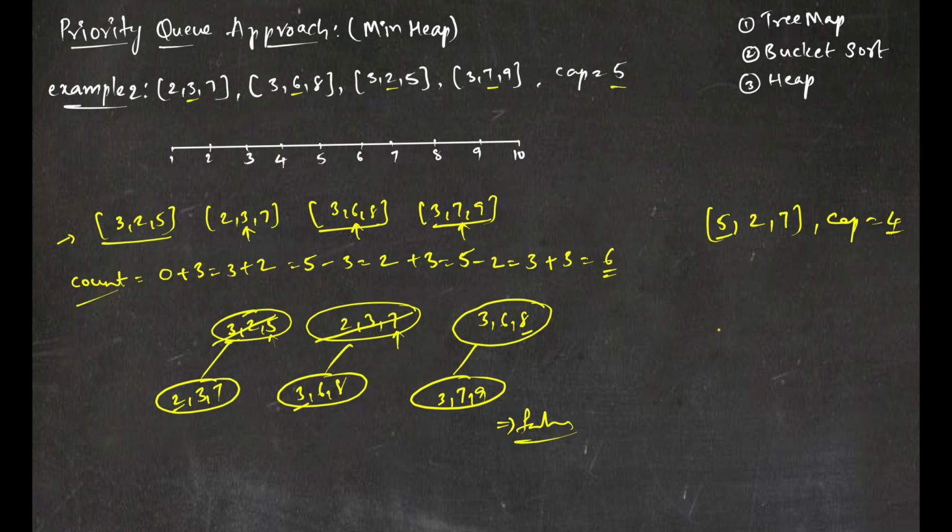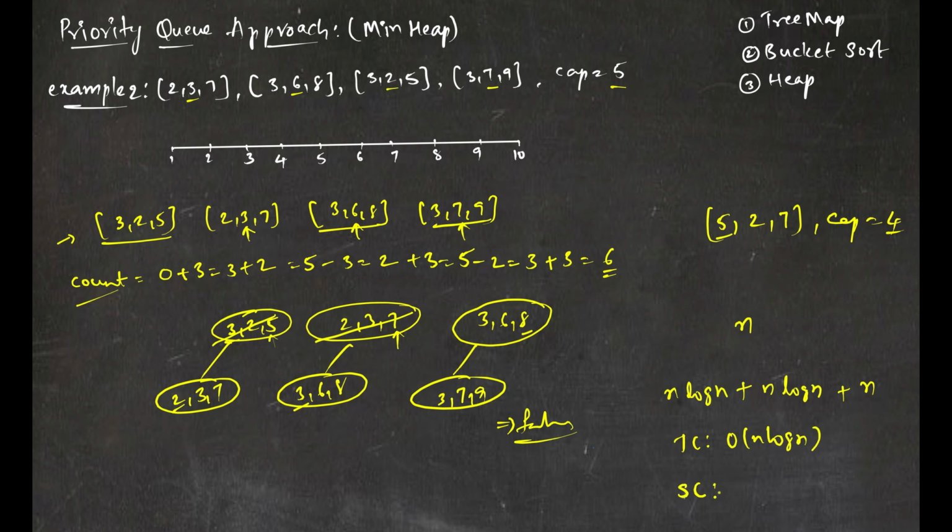Let us look at the time complexity for this approach. Let us assume we have a total of n trips, and initially I'm sorting all these trips by the starting location. So sorting will take n log n time. And on this priority queue, I'm doing operations like insertion and deletion. So each insertion or deletion will take log n time. And in the worst case, I may have to insert each element into this priority queue. So a total of n log n time will be taken. And while inserting into this priority queue or while sorting, I have to traverse this entire trips array. So they'll take at least n time. So a total time complexity of n log n will be taken.